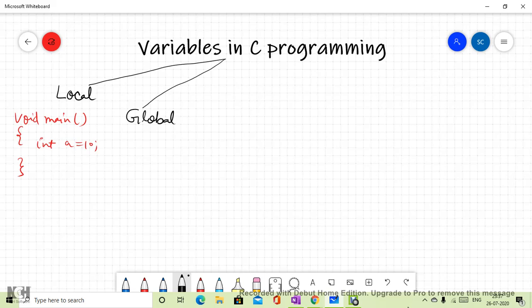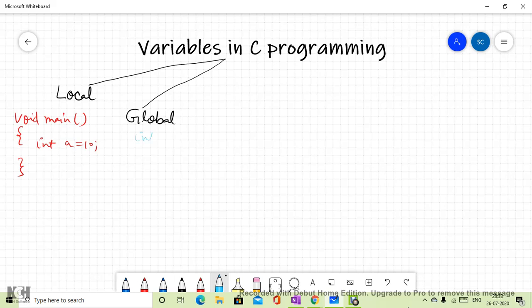So in local, we have already defined that the variables are defined within the code block, within the function. Now in global, the variables are declared outside the code block, outside the function, and functions are allowed to change the value. For example,